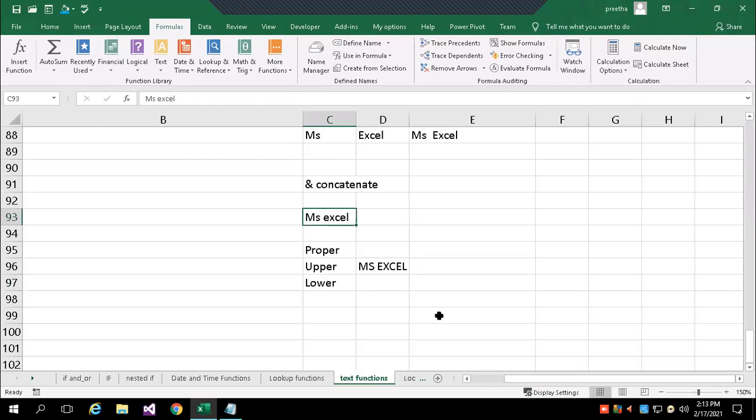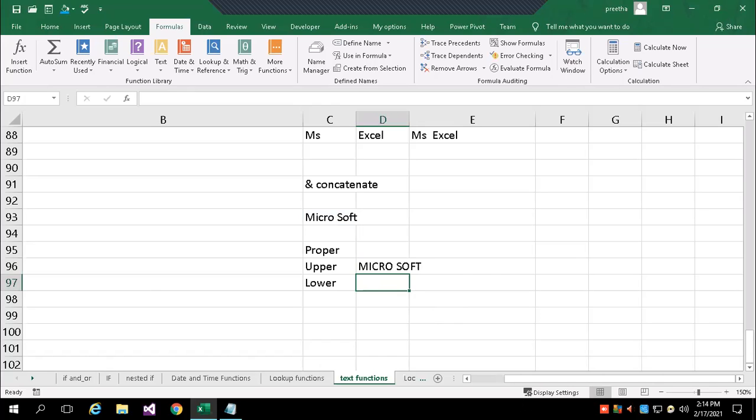Or if I type here MS Office or just Microsoft, you can see it is converted to capital letters, because what I referred to in the cell is C93. C93 contains Microsoft, so that Microsoft is fully converted to capital.